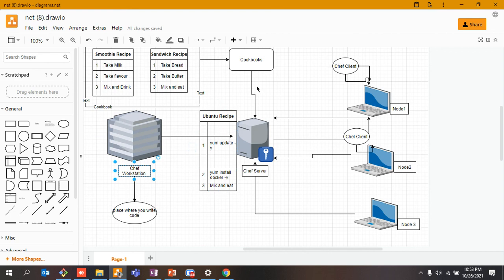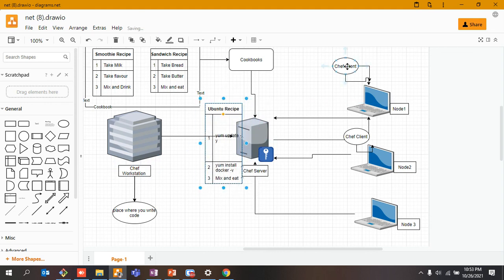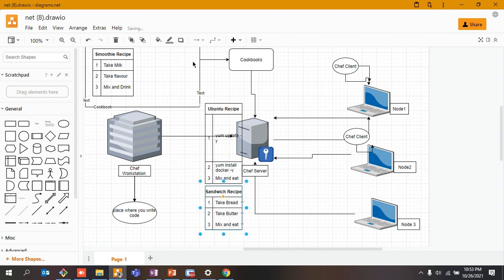And we simply deploy it with the help of knife, and then with the help of knife we make a connection with the server. Once that connection is established, and if the code is updated over here, the Chef client will see whether it is over here or not with the help of Ohai. If it is not over there, it will come and pick it up and install it. Next time, if I put the recipe of a Windows machine over here, it will not pick the Ubuntu one, it will only pick the Windows one, the latest one, the thing that got changed. So again and again it won't be doing the same thing.